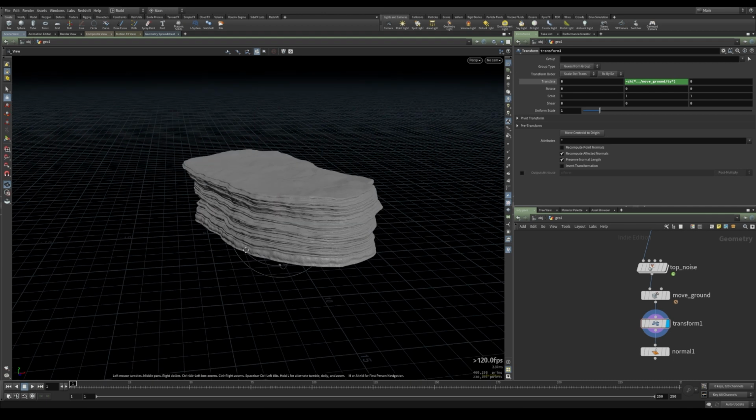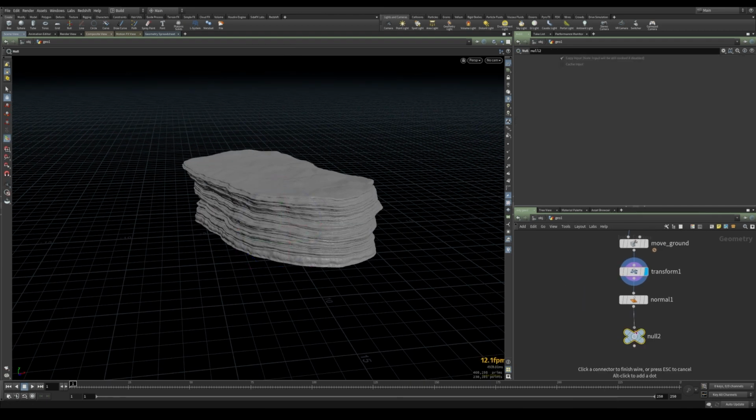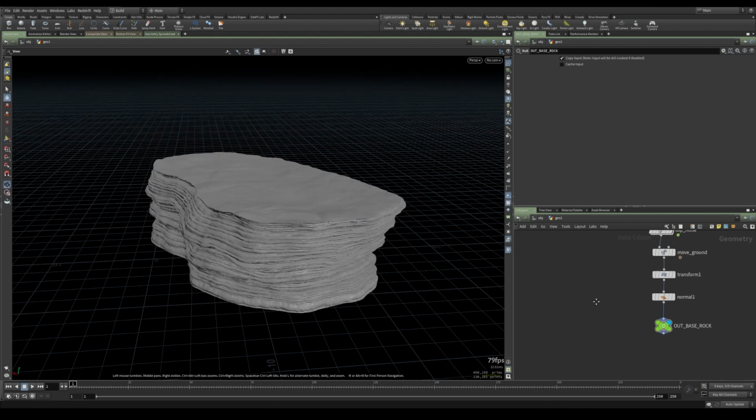So let's drop down a null, make it green because it will be one of our main outputs, and let's call it out base rock. So now we have